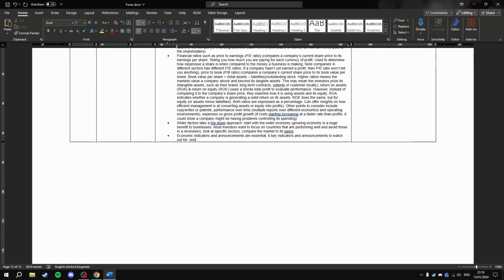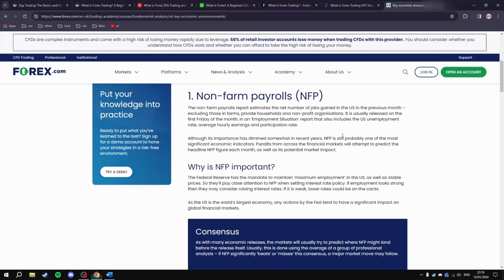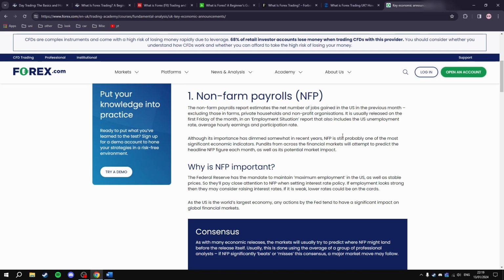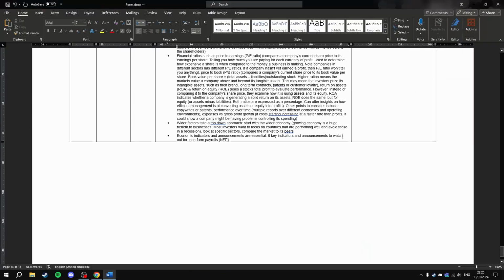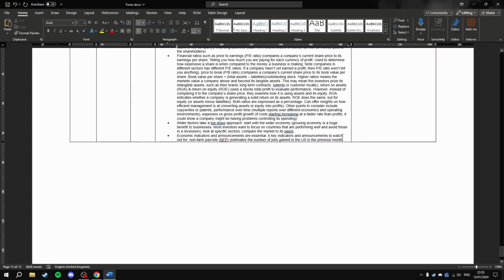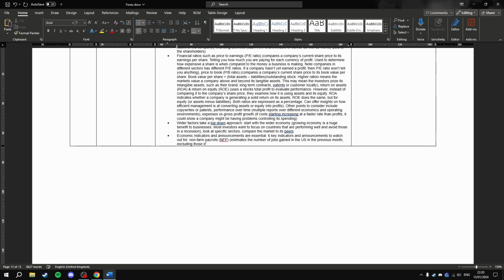Non-farm payrolls. The non-farm payrolls report estimates the net number of jobs gained in the US in the previous month, excluding those in farms,